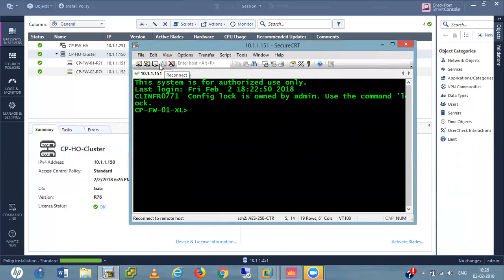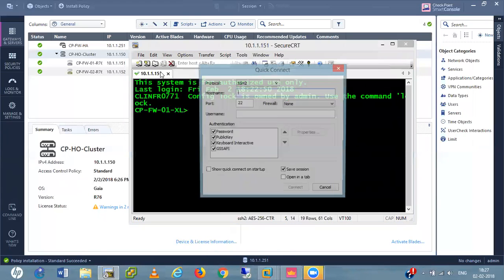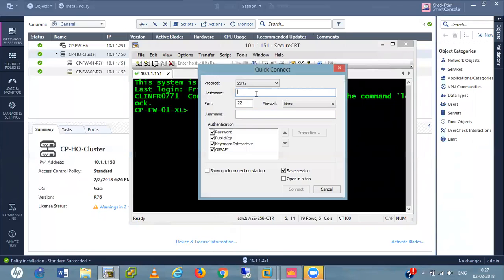Yes, that was the first firewall, 151. Now the second, quick connect to 10.1.1.152, username is admin.